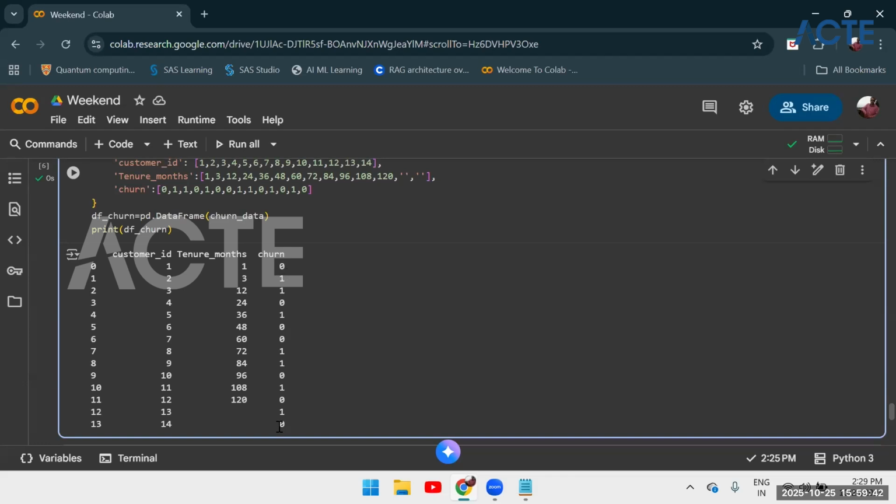For example, if there are 14 customers, how many have moved out here? 1, 2, 3, 4, 5, 6, 7. Seven out of 14. Then what will be the percentage? 50%, right? So that means for my company, 50% of my customers have moved out,